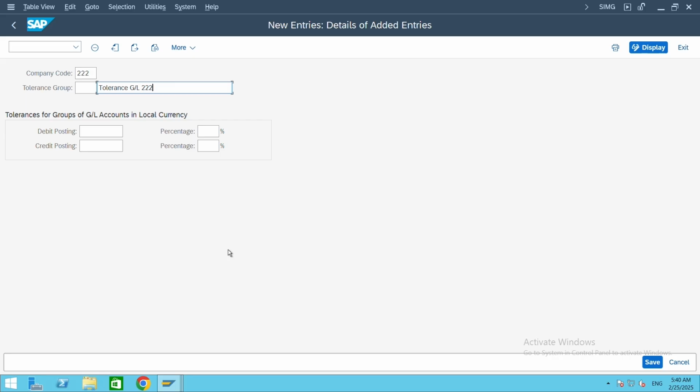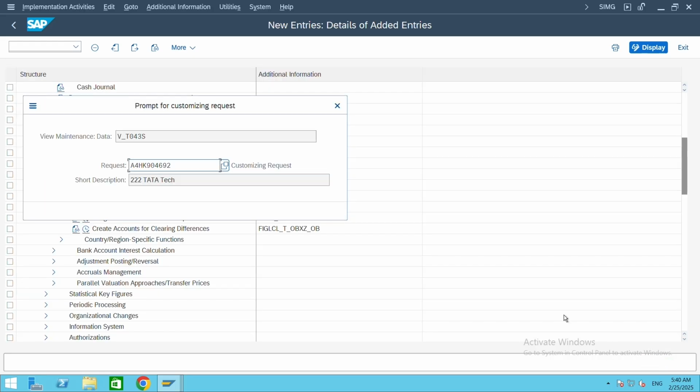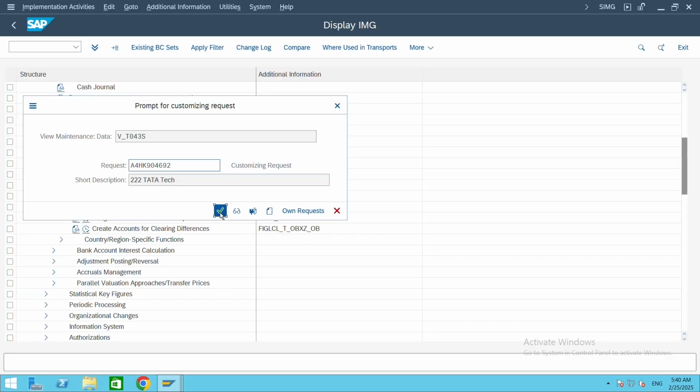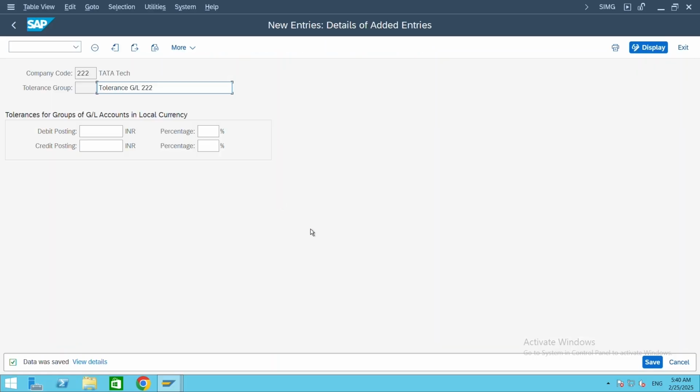In this step, we should only create a tolerance group for the company code and then click on Save, and then click on Continue. This is how we create tolerance groups for GL accounts, for any type of GL account. And the next configuration is